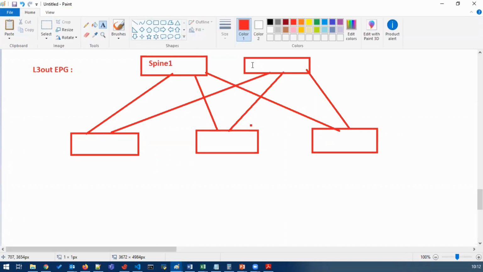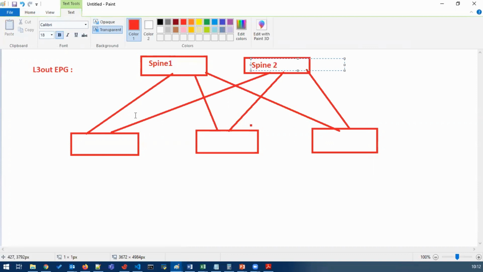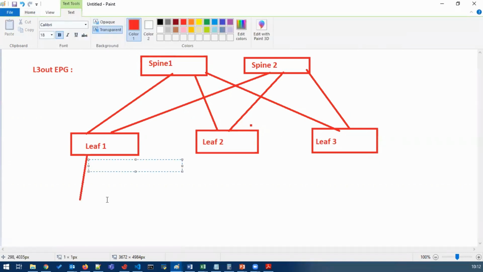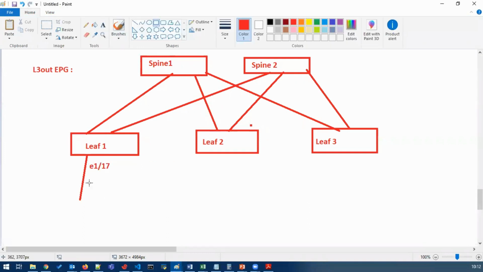Spine 1, spine 2, leaf 1, leaf 2, leaf 3. Okay, so from leaf 1, on interface, let's suppose E1/17, my server is connected.